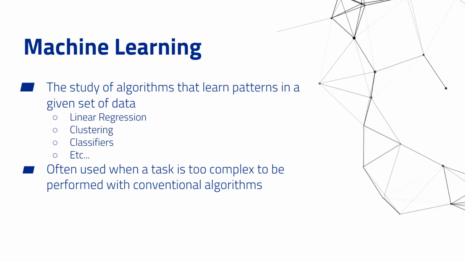Why do we want to use machine learning? That's because we're often faced with a task that's too complex for our human brain to deal with. We can be faced with, for instance, data in 4 dimensions or 5 dimensions that we can't simply picture. We might be facing databases that are just too large to work with. So that's why we need the help of a computer in the process of machine learning.